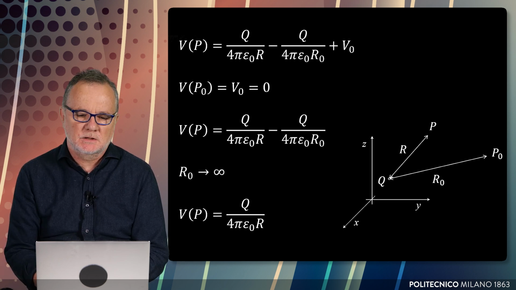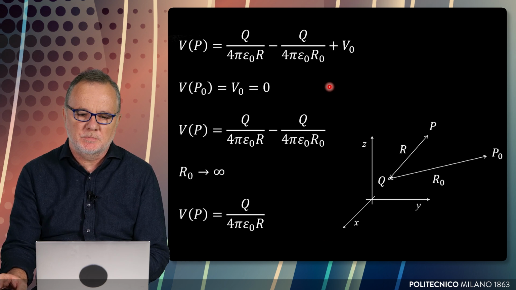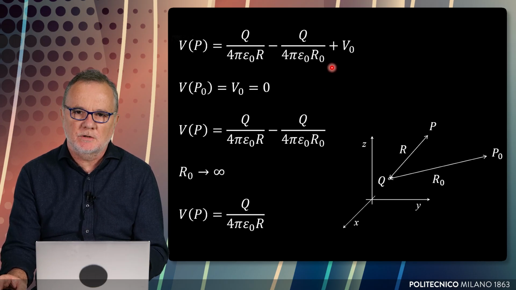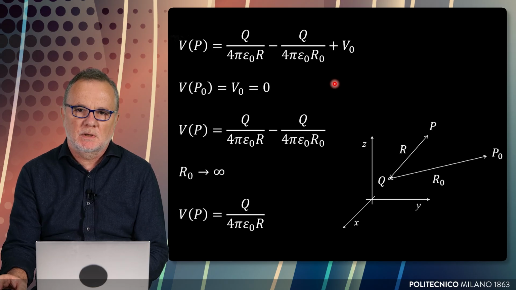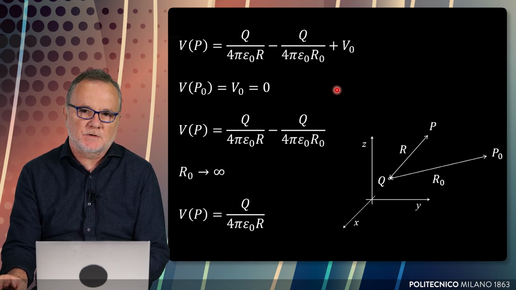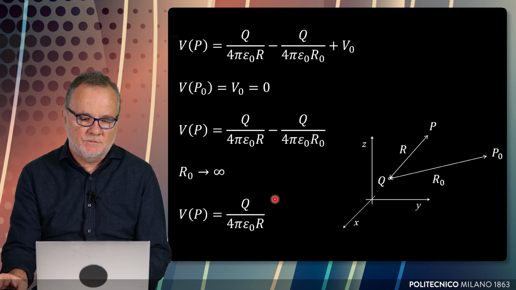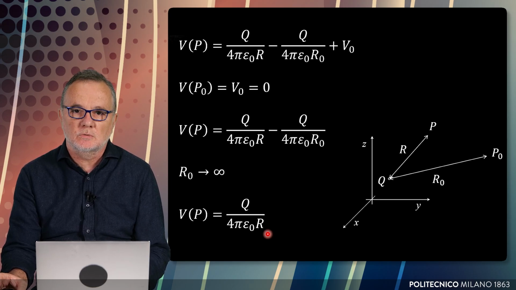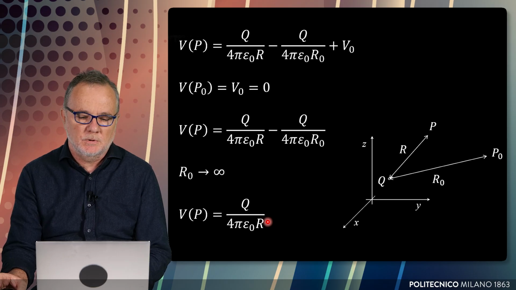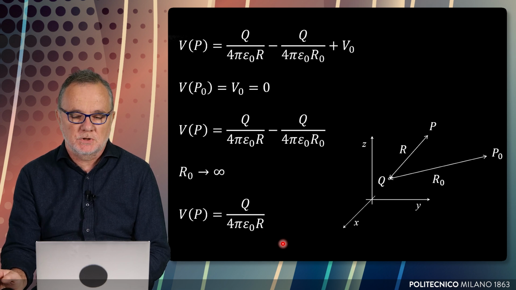We see in this slide several formulas that define, quite arbitrarily, the reference point and the value of the reference potential, so as to define a unique value for the potential at P. But it's very useful to define the reference point at infinity and the value of the potential as being null, so that the final expression for the potential in 3D due to a point charge is written here. It is equal to the value of the charge, capital Q, divided by 4 pi epsilon naught times the distance from the charge itself.